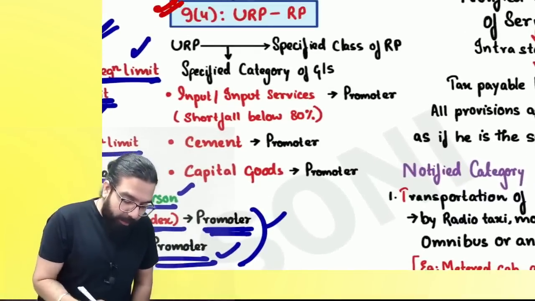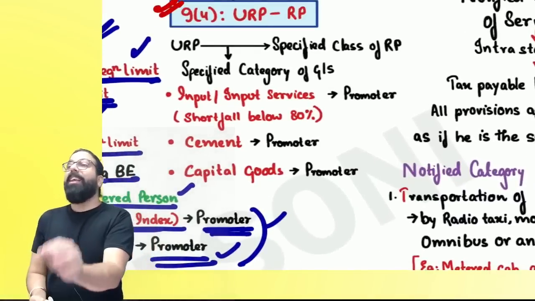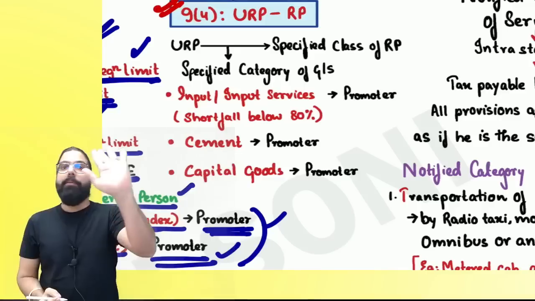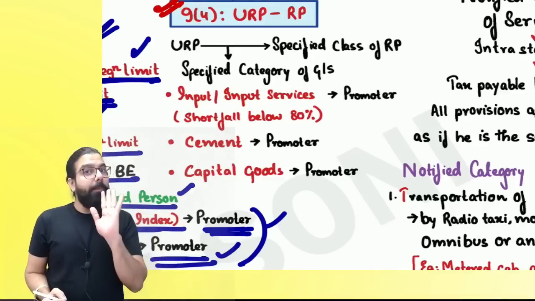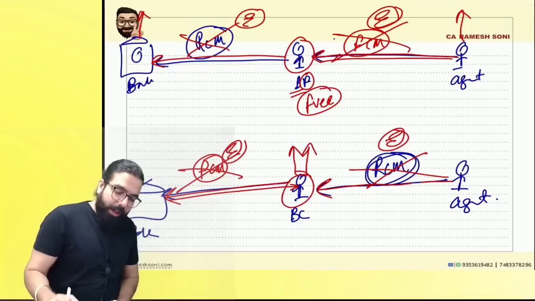The next one is section number 9.4. Section number 9.4 again talks about RCM, but it is applicable only in case of a promoter and only for 3 things. Number 1, government told that if there is a promoter,